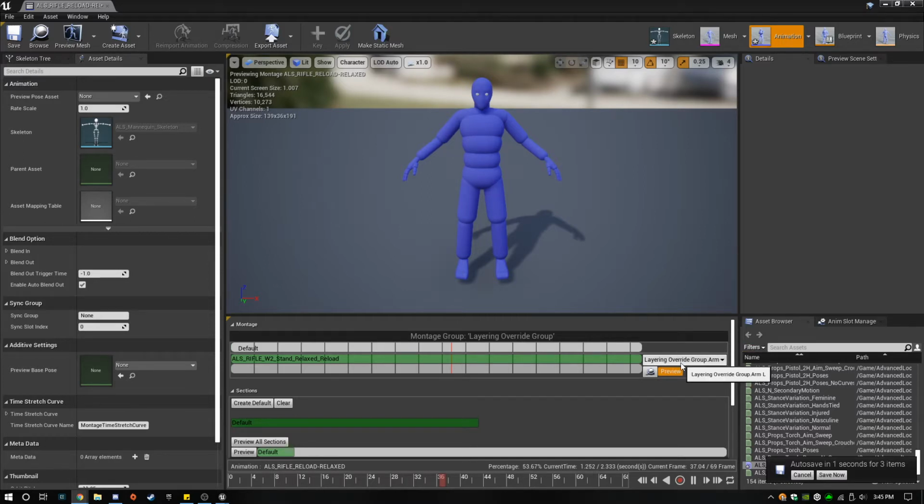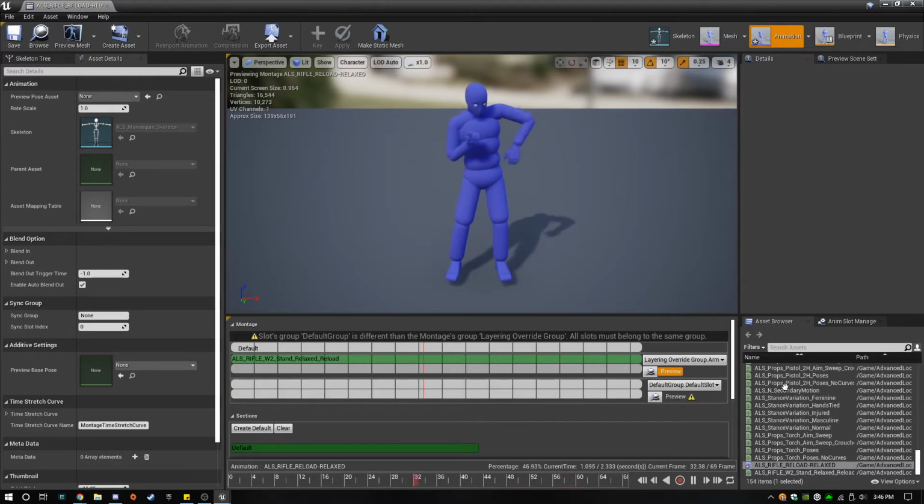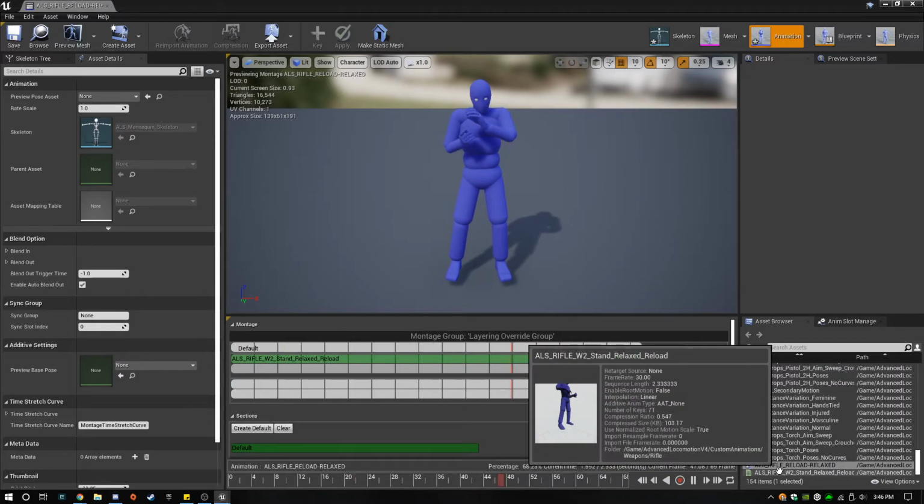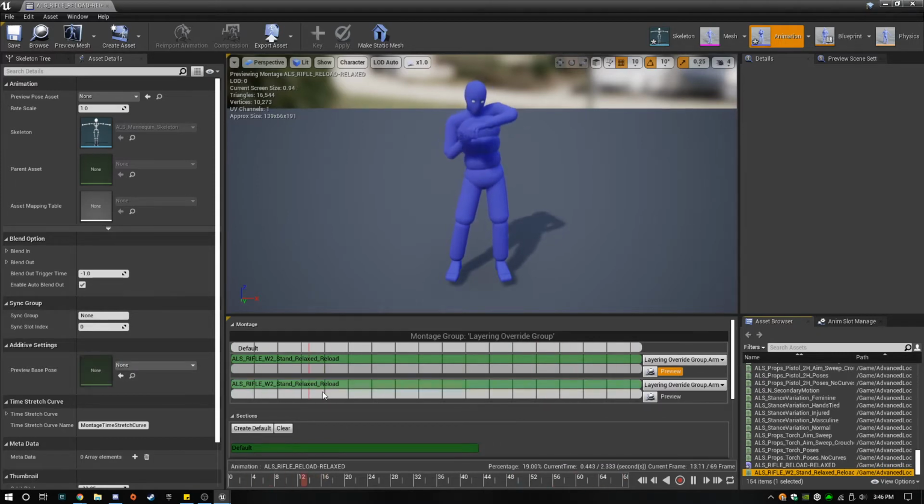So the same thing. We have layering group, arm left. Okay, so he just actually right clicks it. Ah, yep, there it is, new slot. Okay. And then we're gonna say this one is arm right, and we want the same animation to be played. Great.